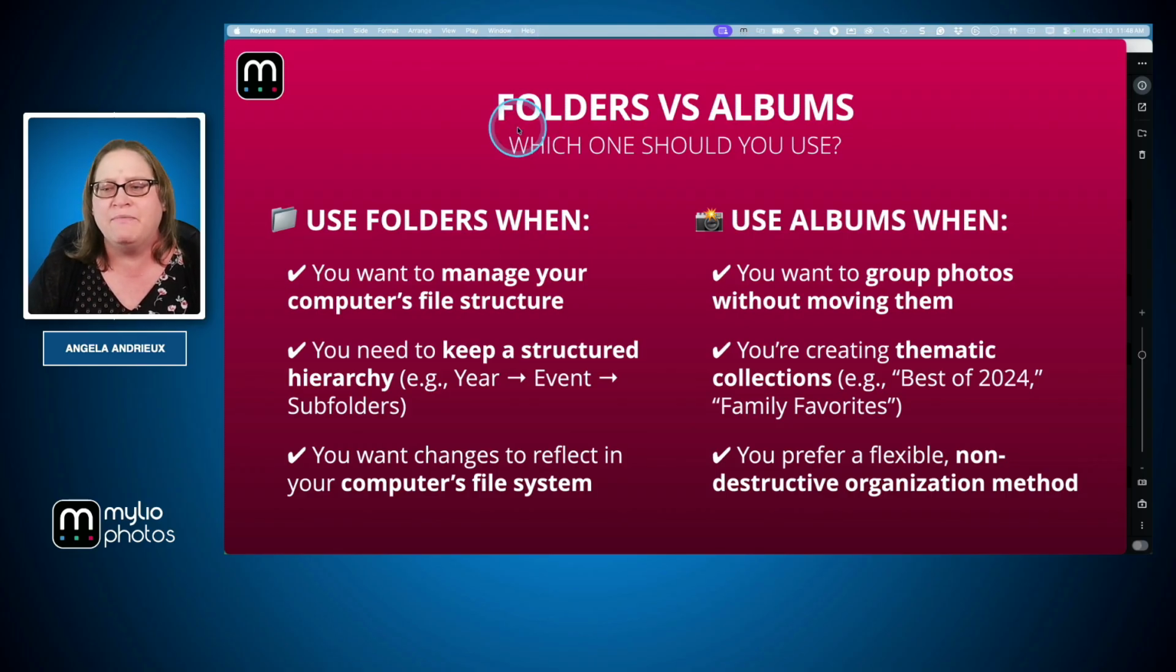Now, when you want to use albums is when you want to group things around without moving them. You want to put that one picture into 3 different things because it relates to 3 different things. You don't want to make duplicates and you don't want to physically move them. So albums are very, very flexible for those thematic collections, and it's non-destructive, meaning you can put things into all